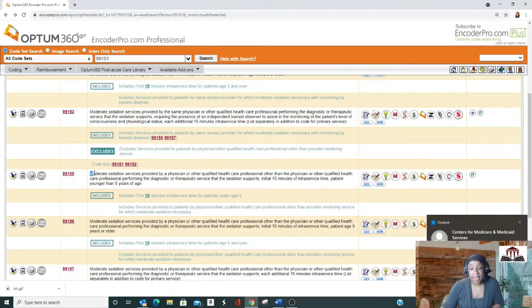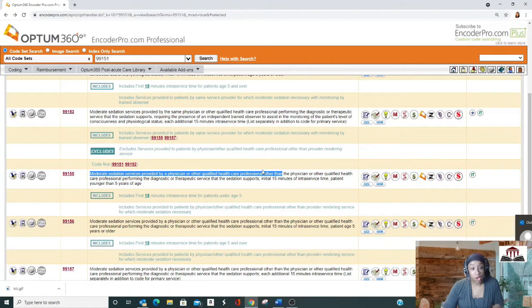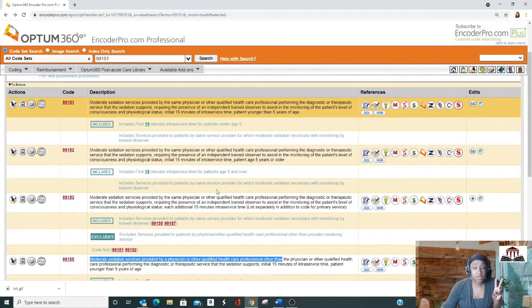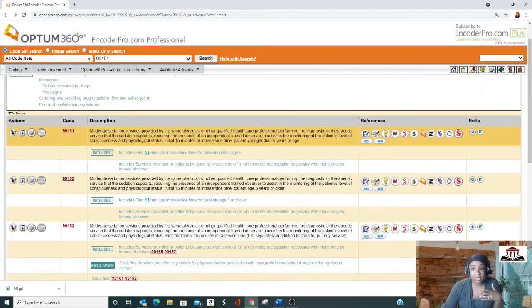You, in this case, are like the radiologist calling CVICU in order to do the sedation while radiology focuses on doing the radiological procedure itself. In this case, that provider who's doing the sedation has only the responsibility for the sedation and nothing else. So you'll find that they don't make any mention of an independent observer because your eyes and focus is the monitoring with regard to that procedure. So those are your two code sets that you have when you're coding a moderate sedation service.